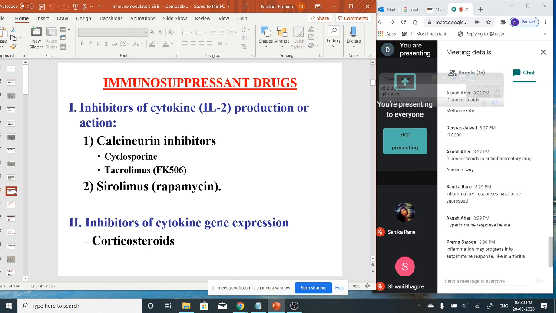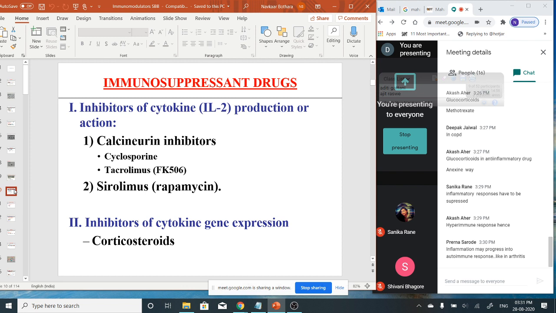It's not like that, Prerna. Again, I hope you must have read the pathology of bronchial asthma. Two theories are proposed: one is the inflammation theory and the other is the immune theory, and it is said that both work hand in hand to cause asthma. It's not one after the other.